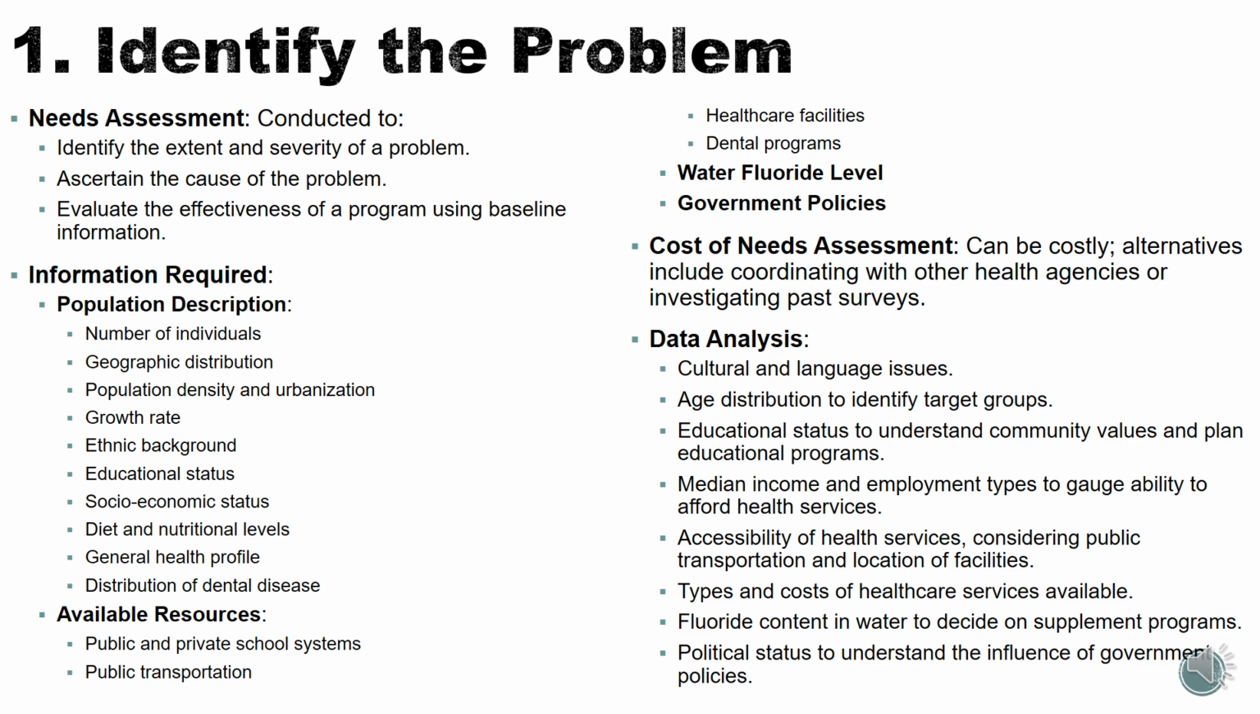The information required includes a description of the population, like the number of individuals, their geographic distribution, population density and degree of urbanization, the rate of growth, ethnic background, educational status, socioeconomic status, diet and nutritional levels, general health profile and distribution of dental disease. The resources available, like public and private school system, public transportation in the area, healthcare facilities available, and dental programs in the community, and water fluoride level in the area along with government policies in the